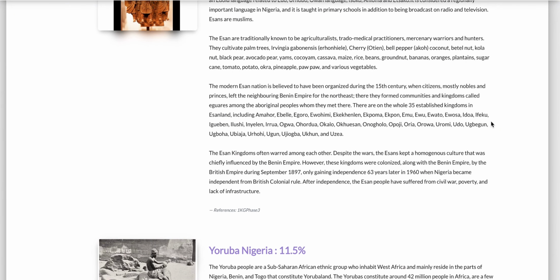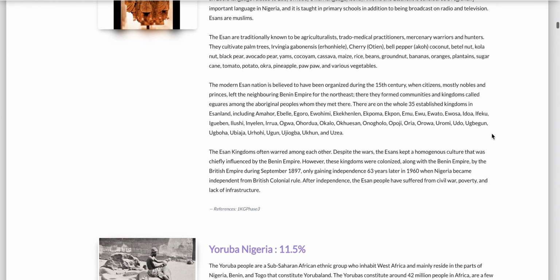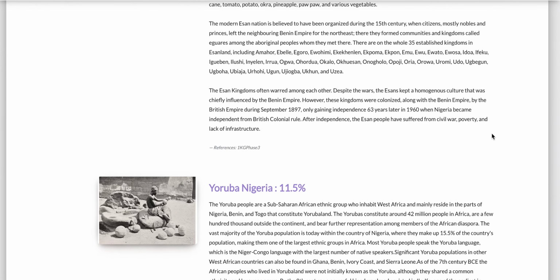The modern Isan nation is believed to have been organized during the 15th century when citizens, mostly nobles and princes, left the neighboring Benin Empire for the northeast. Well, that's interesting. There, they formed communities and kingdoms called Igores among the Aboriginal people whom they met there. There are, on the whole, 35 established kingdoms in Isan land. Yeah, this is quite interesting. The Isan kingdoms often warred among each other. Despite the wars, the Isans kept a homogeneous culture that was chiefly influenced by the